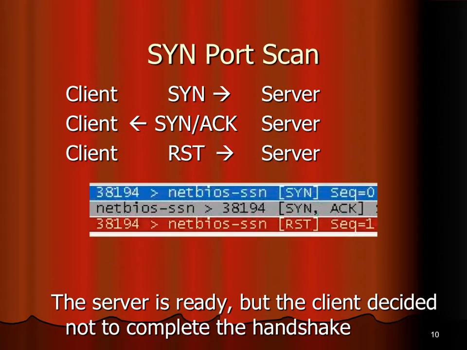All right, so a SYN port scan is the most common type, and Nmap calls it a stealth scan. You send a SYN. If you get a SYN ACK, you send a reset. You never complete the handshake. This is because there's no reason to. You've already got the answer you need, and if you don't complete the handshake, you will probably not appear in any server logs,